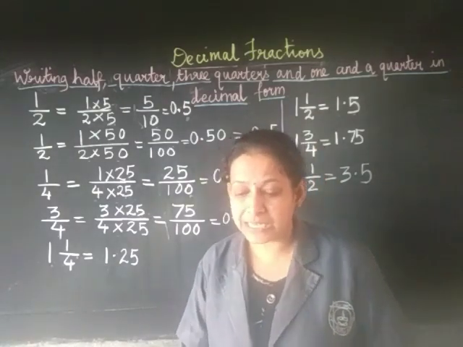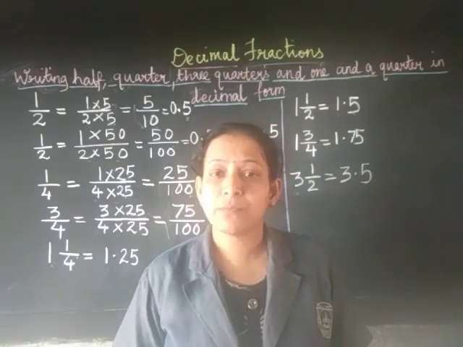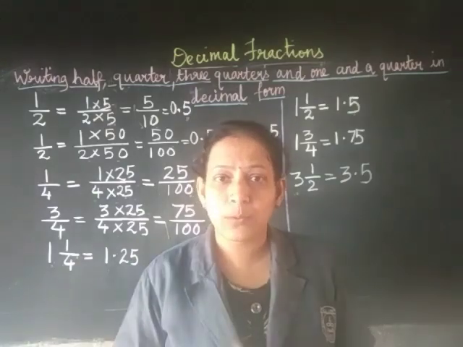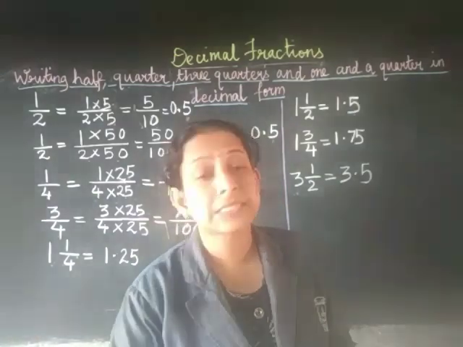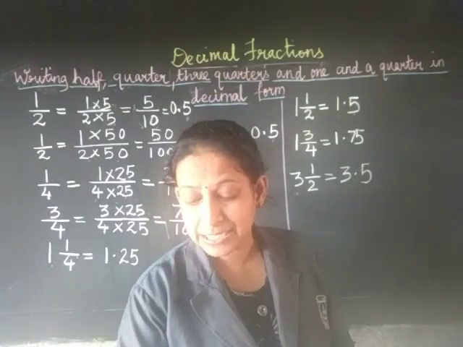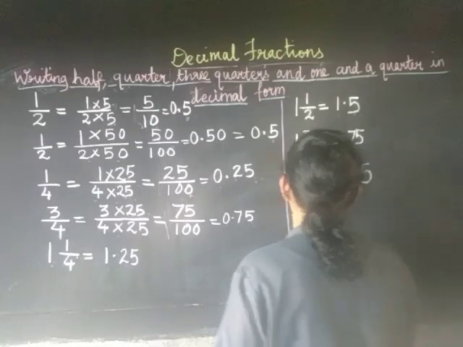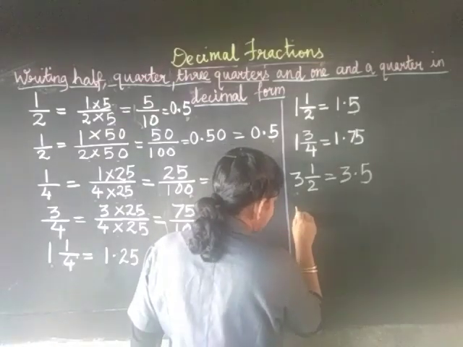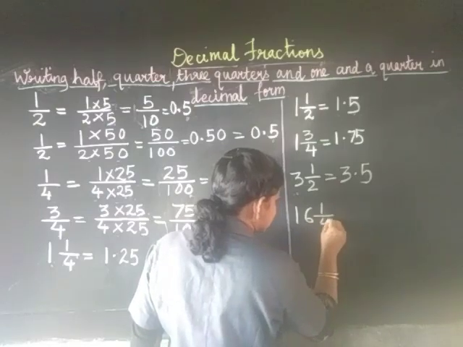Like for example, now there is problem set number 40. We will see now problem set number 40. Any one example we will take, the biggest one we will take, that is the 6th question, that is 16.25. How to write it? It's very simple. What you have to do is that 16.25 you write it as 16.25